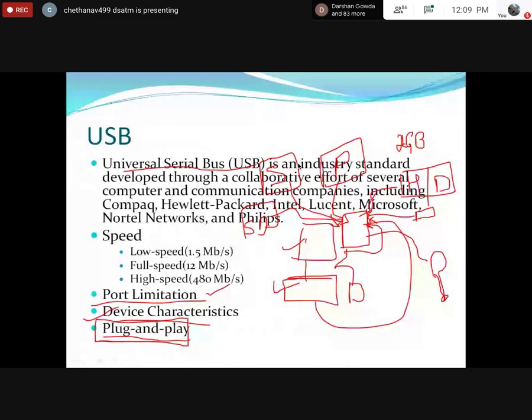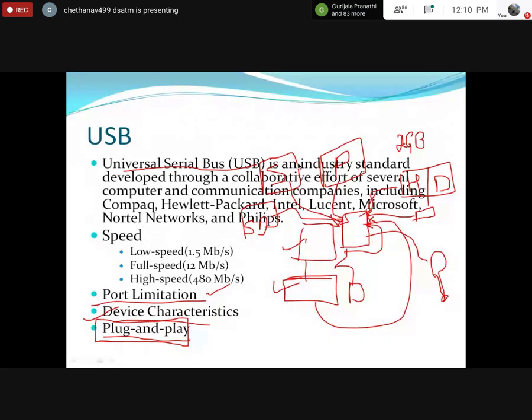It never bothers that a Google Meet presentation is going on. Nothing to worry. As soon as I plug in the device, it will be activated and it will work. Simultaneously, I can do my class here in the Google Meet, and simultaneously I can copy some data to my pen drive. Exactly, right? That is what plug and play. Please understand plug and play. As soon as you plug in that device, it will be activated and will be working. That is the main use of plug and play.